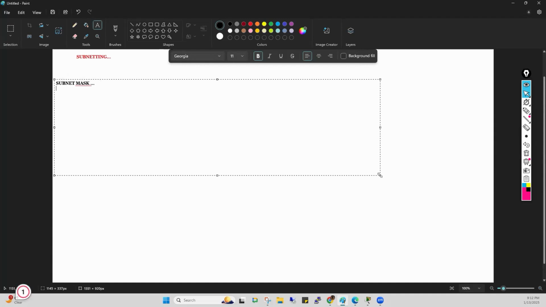What do you mean by subnet mask? So please remember, it is a 32-bit number that is used to divide an IP address into network and host portion. When I taught you the IP address, at that time I already told you IP address